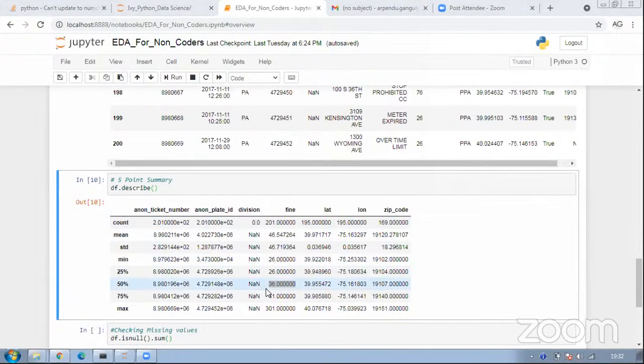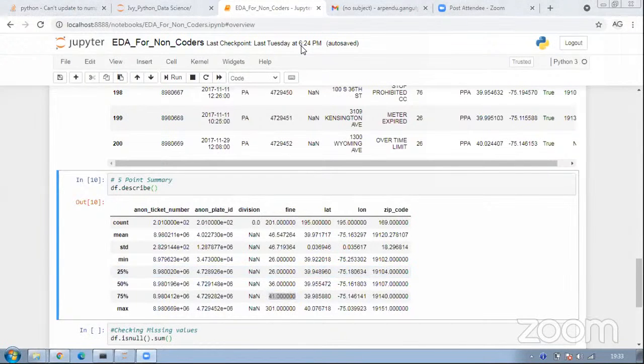Do you feel the outliers are on the minimum side of this distribution, just looking at this summary? So this means it's more towards the maximum side, right? Since we have a maximum of 301, and my first quartile is 26, minimum is also 26, we do not see a lot of deviation here. But 75th percentile is 41, and the maximum value is 301. So the outliers are between them, I think.